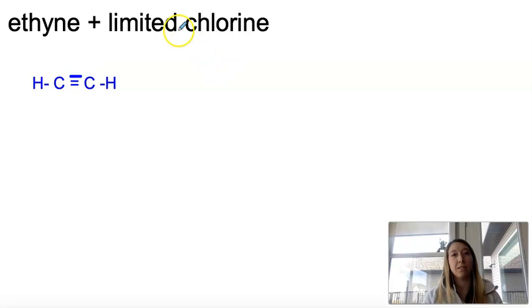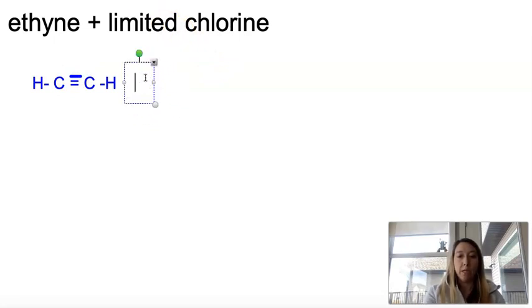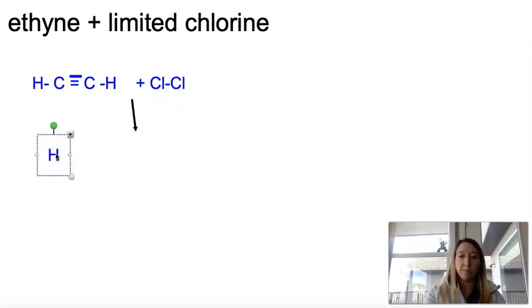There we go. Looks a little different, but that's okay. And now we have a limited amount of chlorine. So that means we only get to add in a single chlorine. Okay, so recognize it's addition because I have that triple bond. But because it's a limited amount, we're only going to be able to take that triple bond down into a double bond. So we turn it into this,